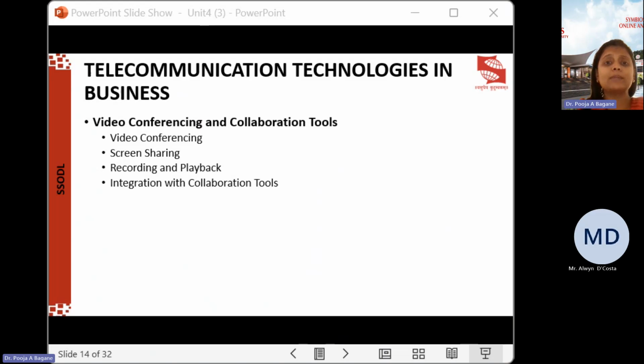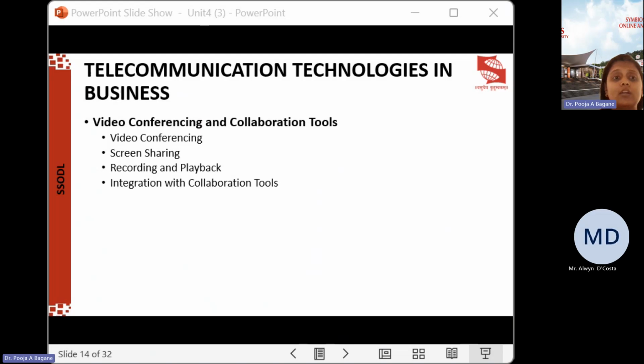A video conferencing platform allows participants to conduct virtual meetings, presentations, and discussions using webcams, microphones, and screen sharing. Screen sharing allows participants to share their screen with others, like I have shared my screen with you, and it enables collaborative document editing, software demonstration, and presentations. Recording. So now our session is recorded. We are recording the session.